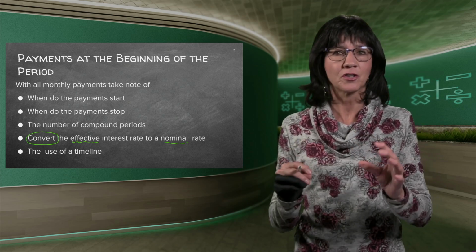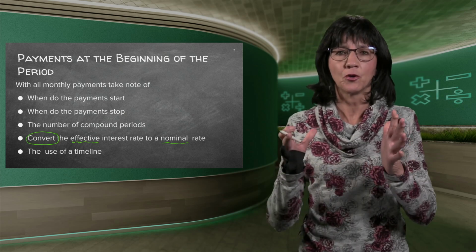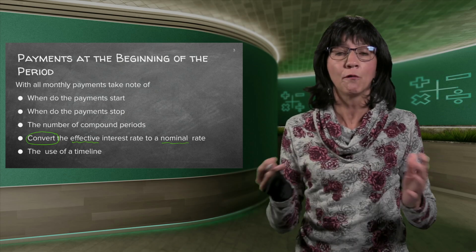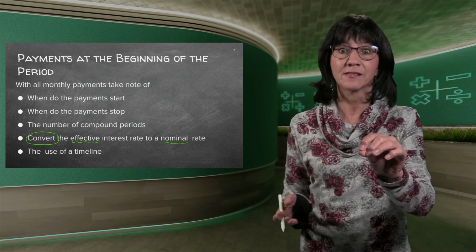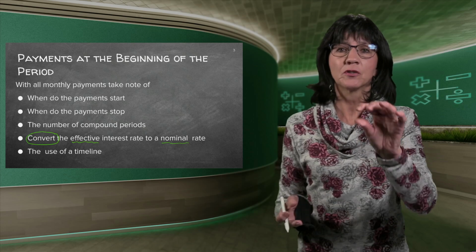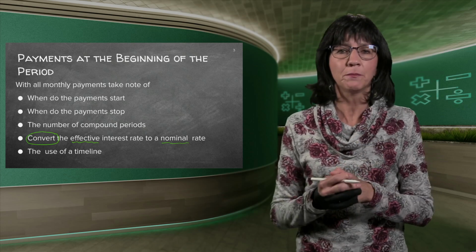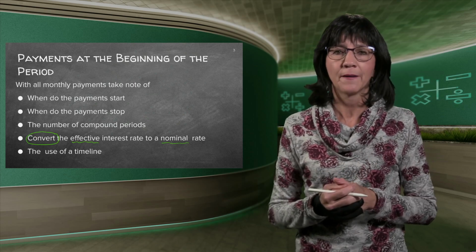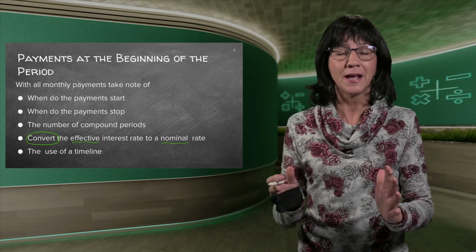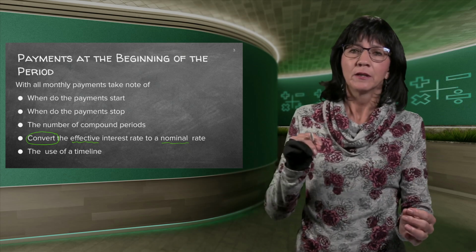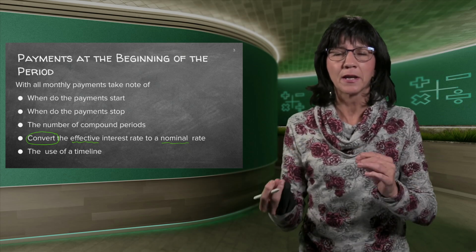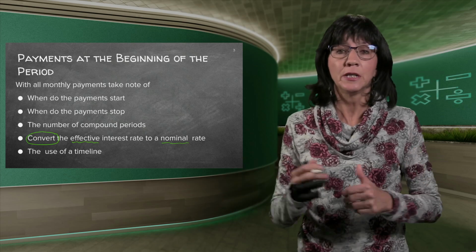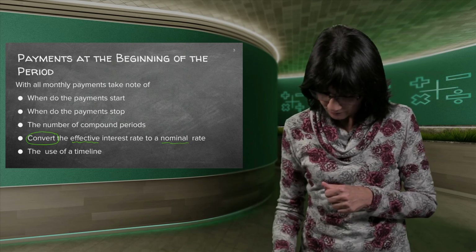Banks do not charge an effective interest rate, they charge the normal nominal interest rate, and that is the one that belongs in all your formulae. So if they by accident, or because they want to test you, give you an effective interest rate, before you start your problem, you change it to a nominal or normal rate. And also a timeline, especially here when you start paying back at different times or stop before the end of the normal slot, you need to do it on a timeline. It helps a lot. Good.